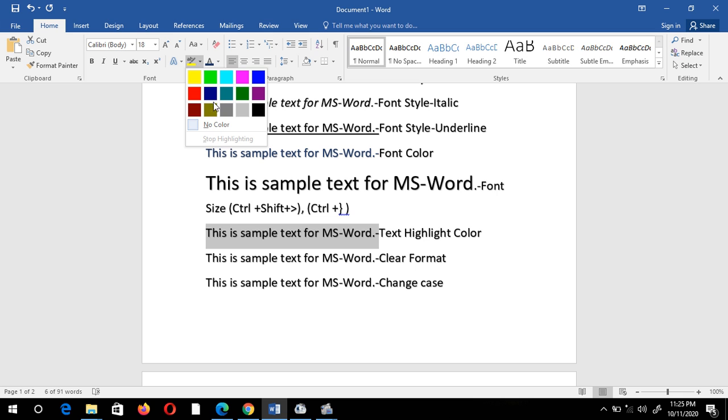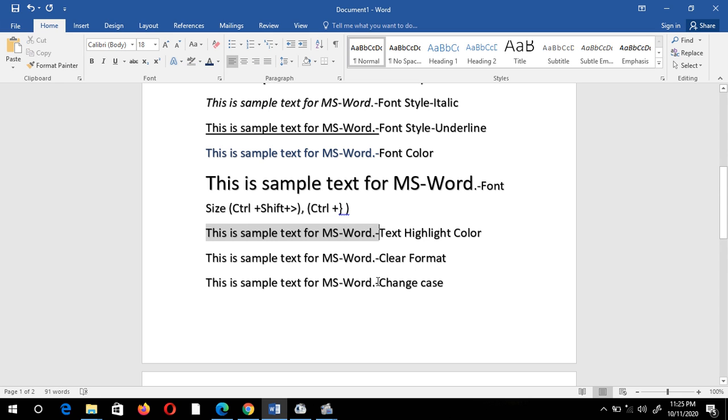Suppose I am going to select this color. This is my highlight color. I can select another color, that is I am going to select this yellow color. So in this way I can give the highlight color to my text.